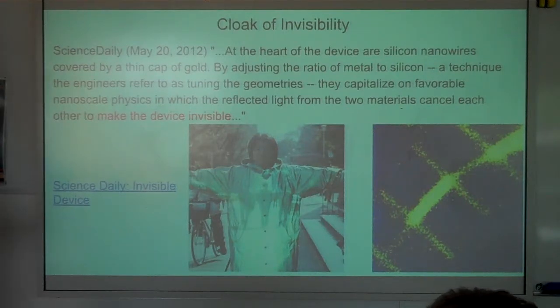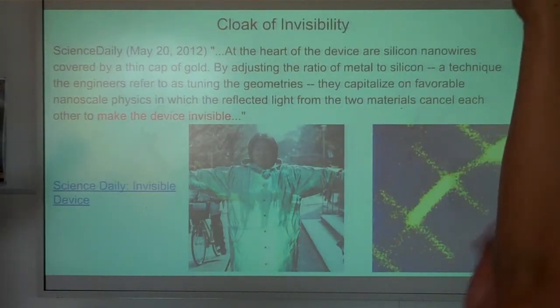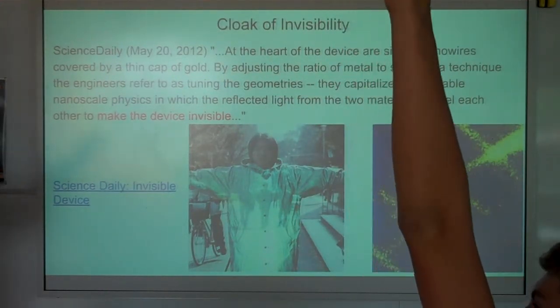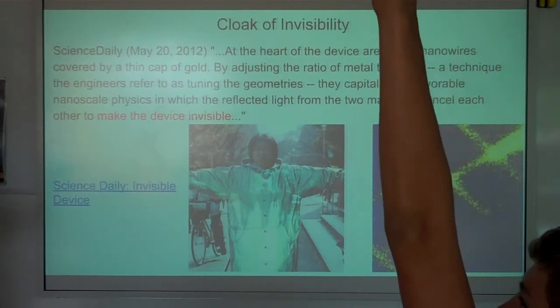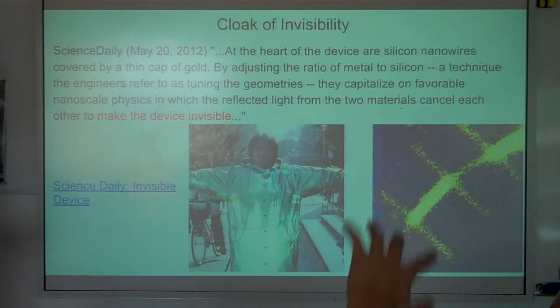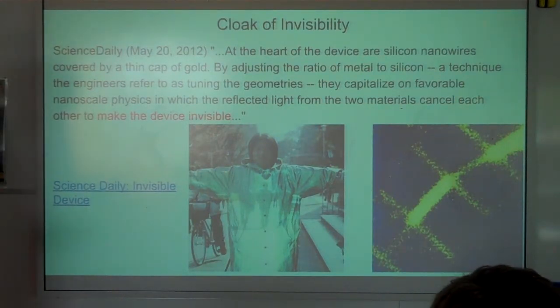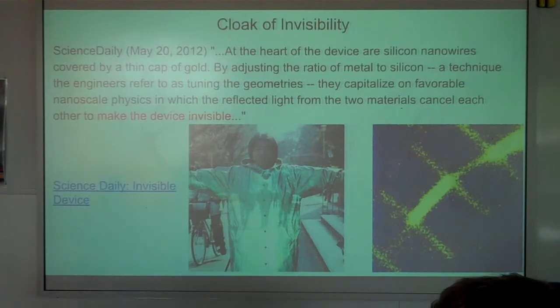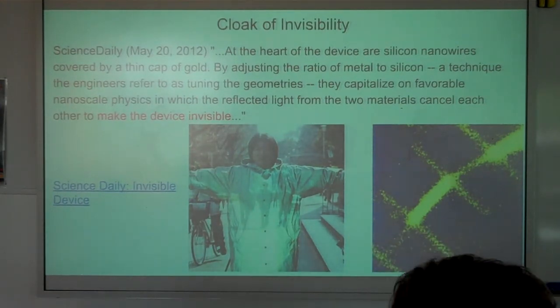The idea is though, ultimately they will get this. If you can get light to go around an object, not be absorbed, to just get around the object and go out the other side, it would be invisible to you. You could touch it, it would be there, but it would just not be visible. Yes? There's this video that I saw where they did a small scale version, which was still really expensive, and that you can put like your finger